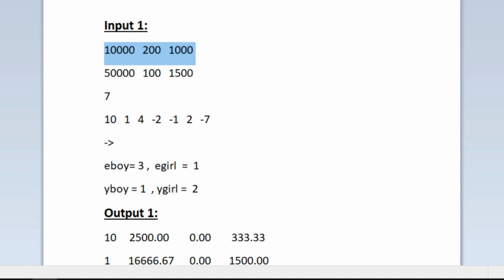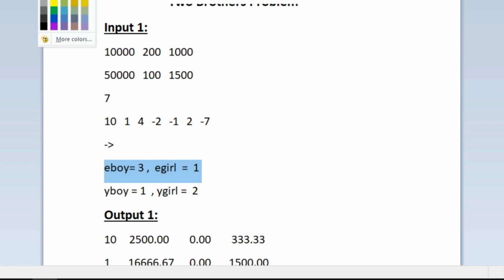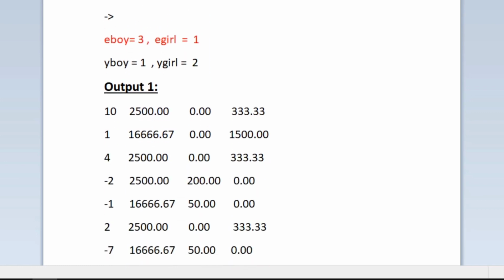This property must be divided among his children. He has 4 children in total, 3 boys and 1 girl. So the property must be divided among these 4 children. For dividing the property there are certain conditions given in the question. The cash must be equally divided among all the children, and there is no share of gold for the boy children and no share of land for the girl children. So 10,000 must be divided by 4, because cash must be divided among all the children.